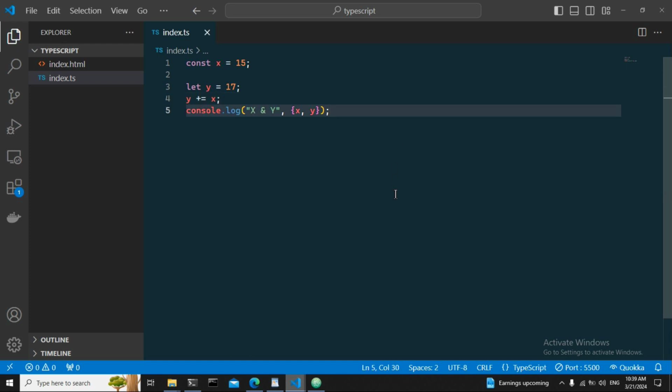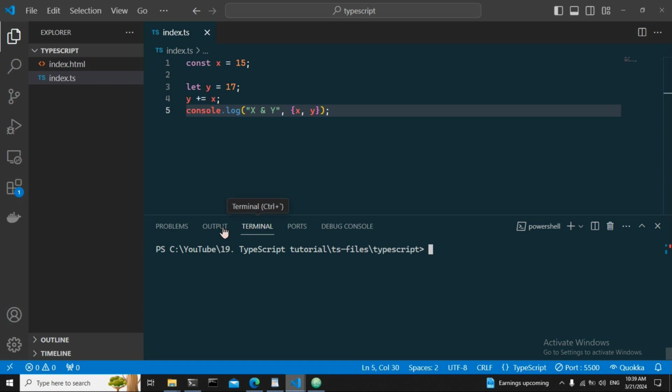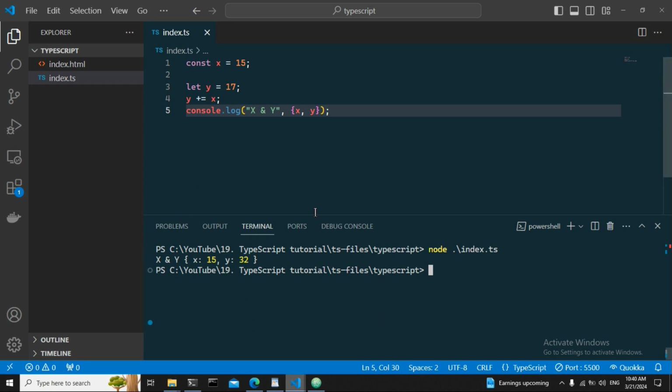However, if we want to run the file, we can open up the terminal here with control backtick and run it with Node, and it'll work just fine without a hitch. But if we wanted to execute the code in the browser, which is usually where the majority of JavaScript goes,